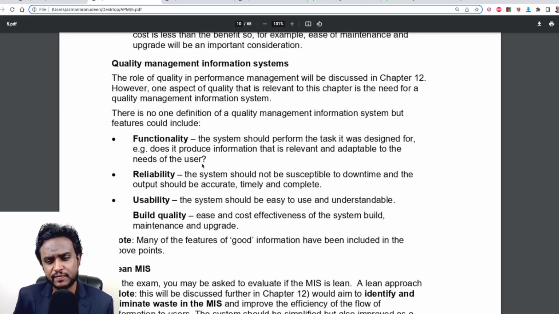Now, in terms of assessing the quality of a management information system, there are four metrics that are critical for any MIS. It should be functional, meaning it should do the job. It should be reliable, meaning you should be able to trust it. It should be usable, in essence user friendly, right? Something easily understandable and easily maneuverable. And it should have good build quality,